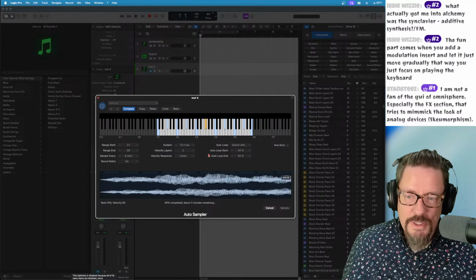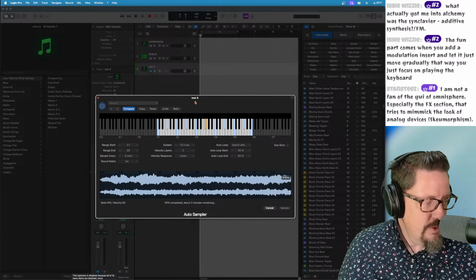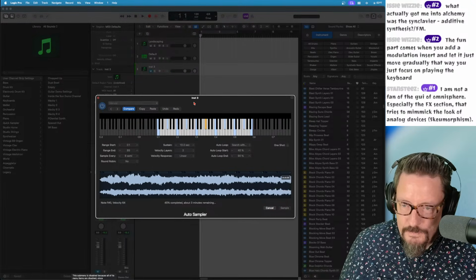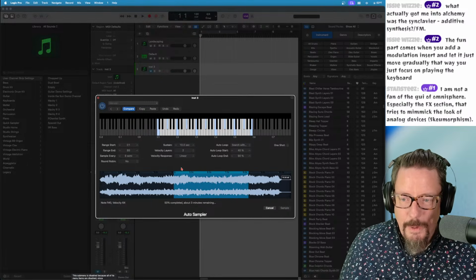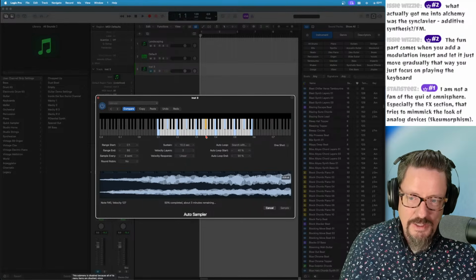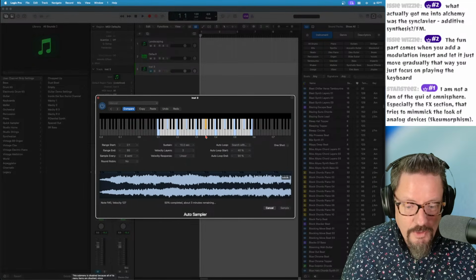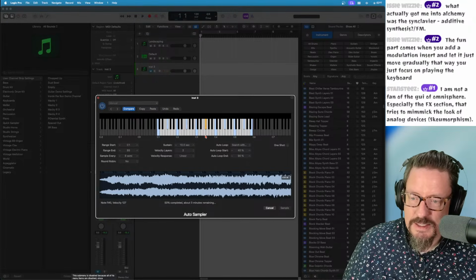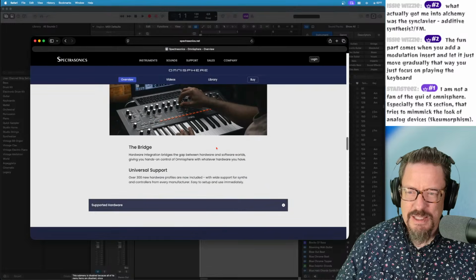This is auto sampling the strings. As soon as they're done, we'll load them into Alchemy and do some cool things with it. But this is the power of having things like not just Alchemy, but an auto sampler as a part of it. And I don't look at these things as separate from each other. Let's see what else they were talking about.